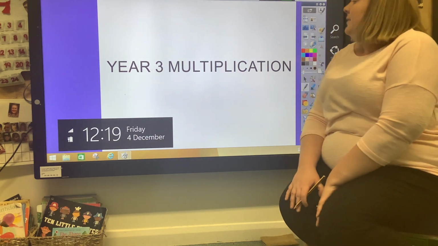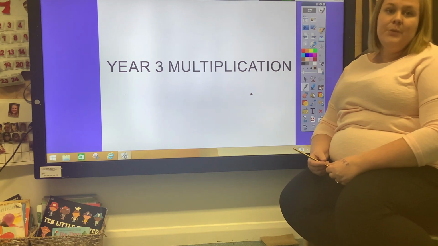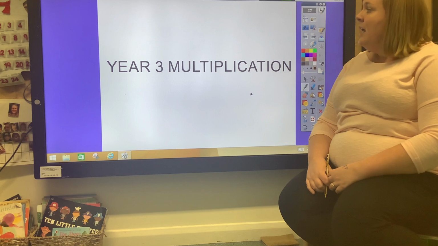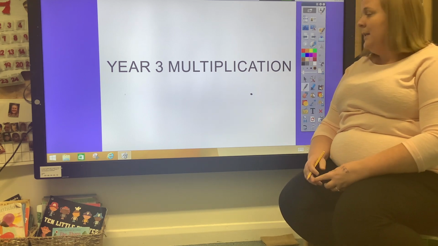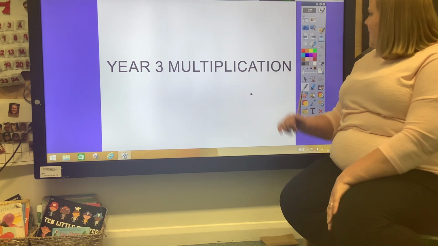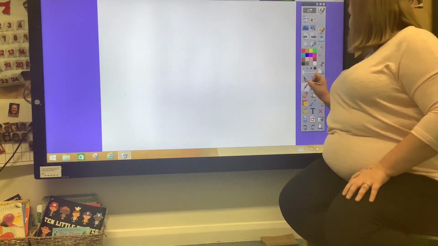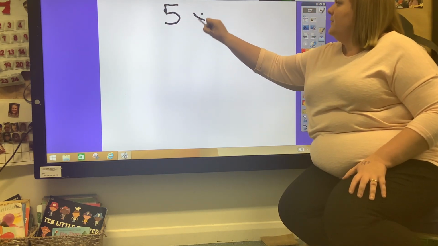Look at Year 3 multiplication methods now. In Year 3, the children are moving away from the number line method that they've been using in Year 2 and starting to move towards the column method of multiplication. They'll be working now by timesing a 1-digit by a 2-digit. So if we go with something such as 5 times